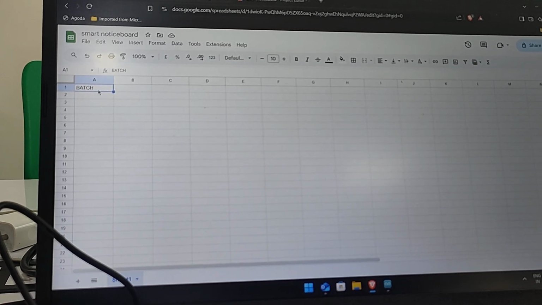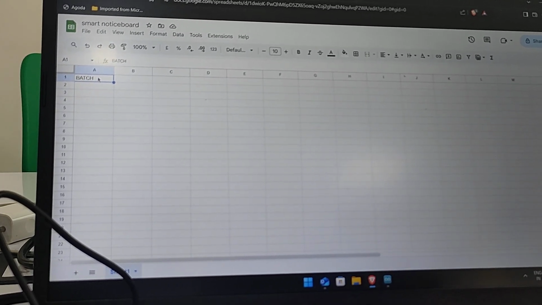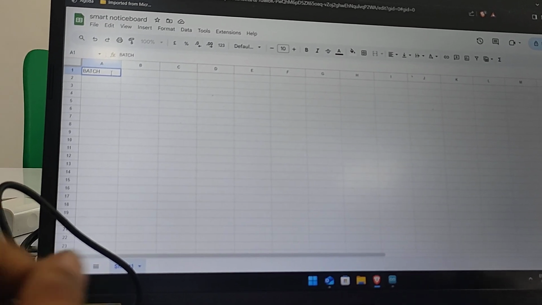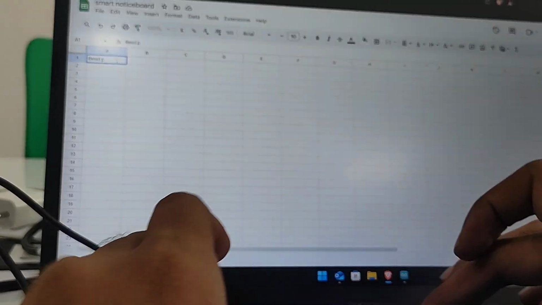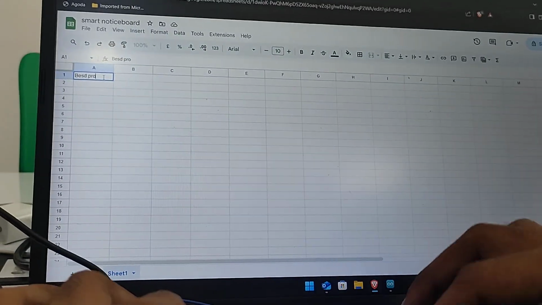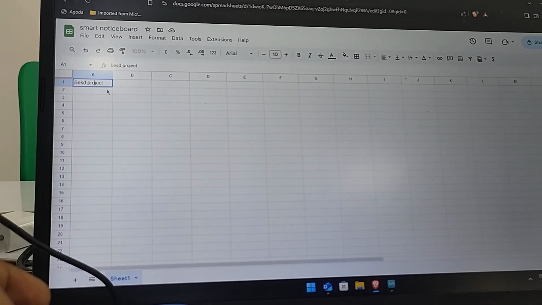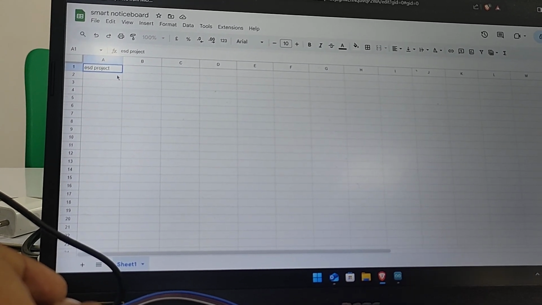Enter whichever data you want to type here. For example, I want to type ESD project. And enter.